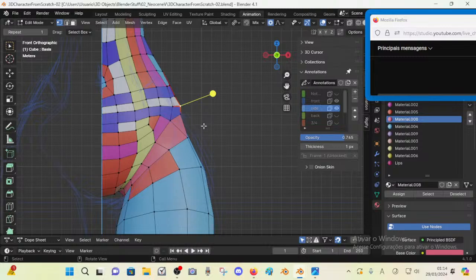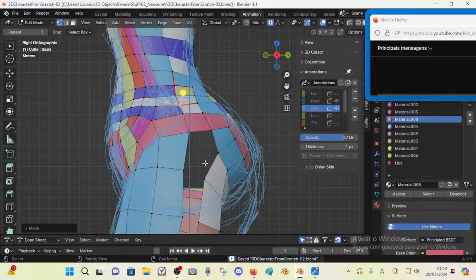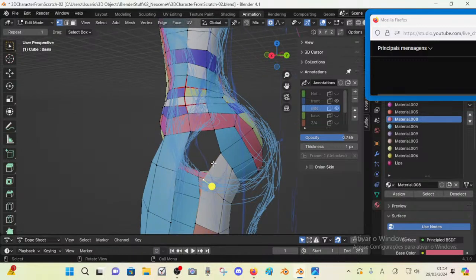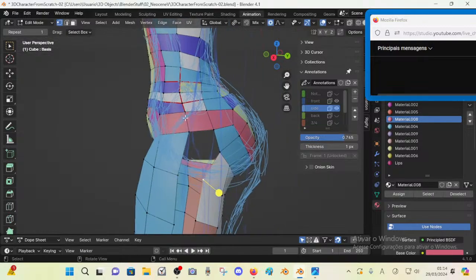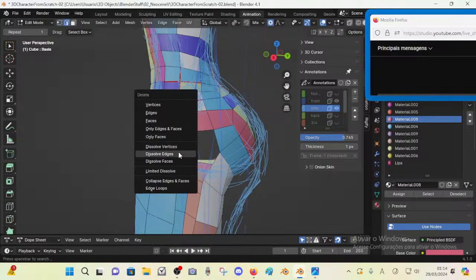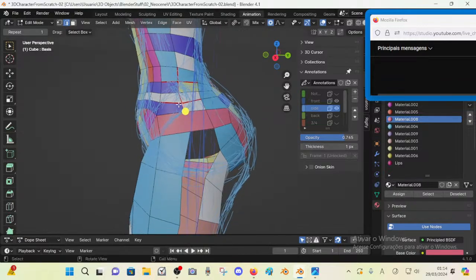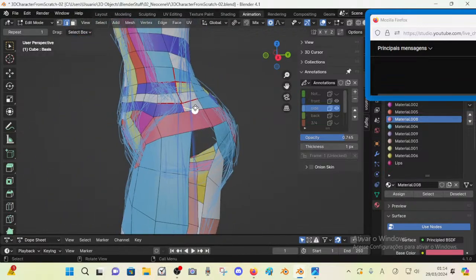So I think I'll keep this one, but I'll try to do it both. So I'm gonna try to push this up. No, this is dangerous. Yeah, so maybe I'll have to... Okay, I think it will happen here. So let's dissolve this and dissolve. So one direction will have to be dissolved,